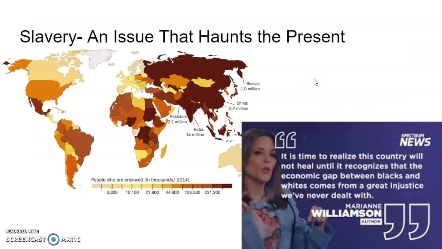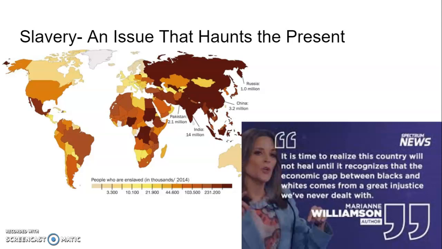So I want to do this because slavery might seem way back in our history, but it's actually something that, yes, was there early on, but it's also an issue of today. And what we see here, two things that make us recognize why slavery is still an issue today. If you can see the chart here, this shows numbers. The darker a country is showing here, the more slaves you find in that place.